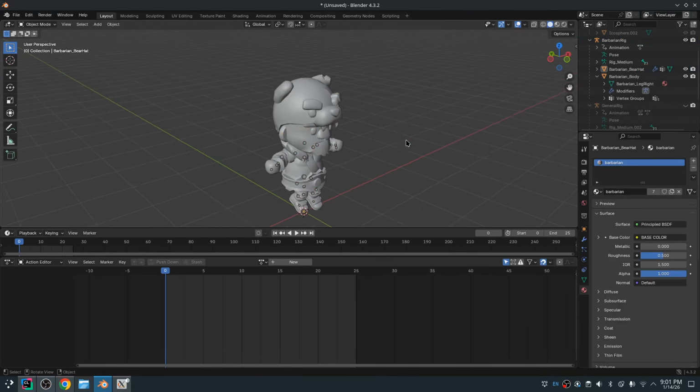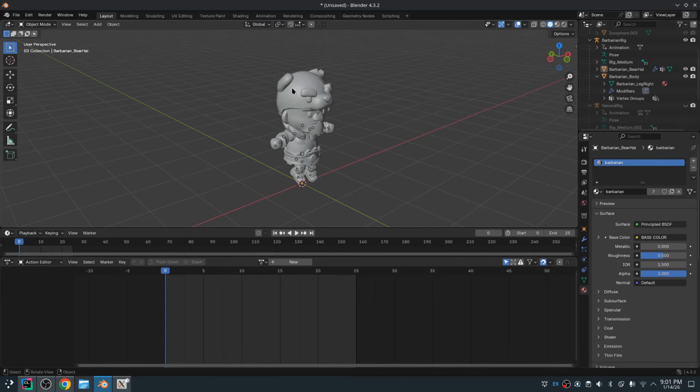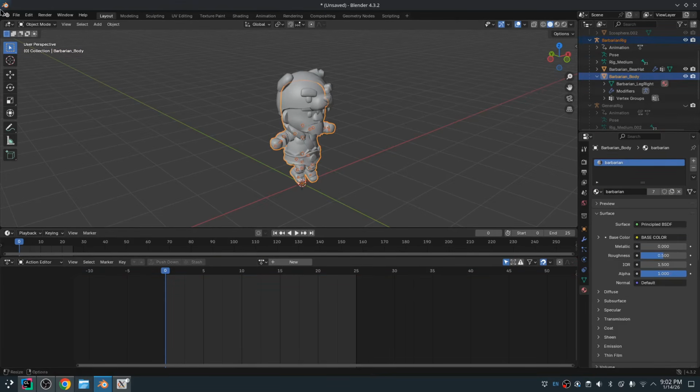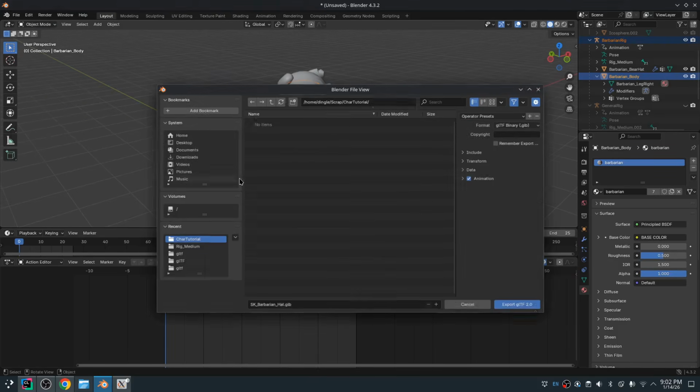Okay, now let's go ahead and export the meshes. So we are going to select the barbarian body and then also make sure to select his armature. And then you're going to File, Export, glTF, placing this in a care tutorial directory. And we're going to call it SK_Barbarian. Yeah, SK_Barbarian's fine. And make sure to select only include selected objects, because Octave can only import one skeletal